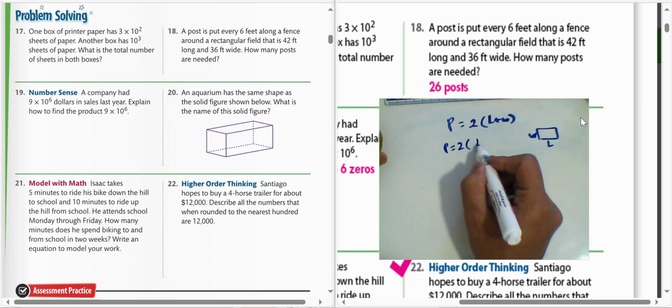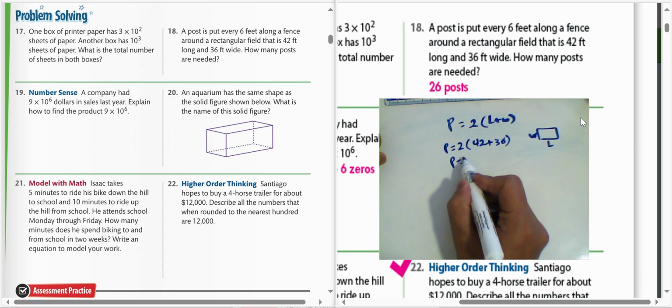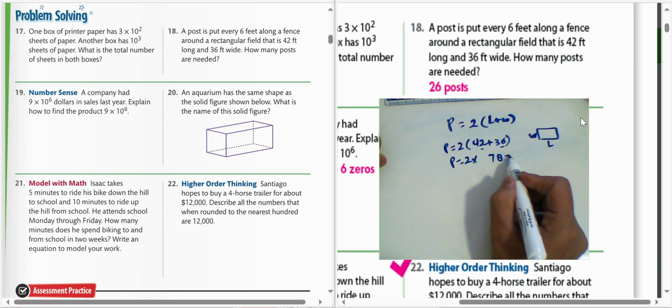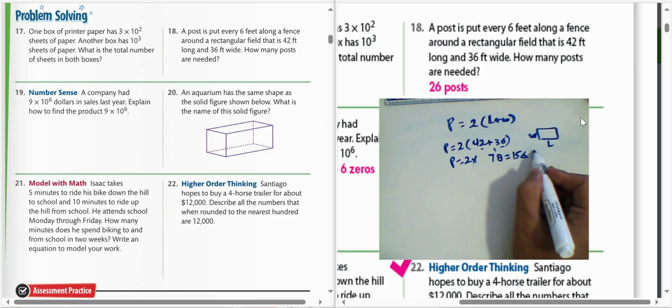We have 42 and also 36. Then the result will be 2 times 6 plus 2 is 8, and 3 plus 4 is 7. 2 times 8 is 16, and carry 1. 2 times 7 is 14, 14 plus 1 equals 15. Then the perimeter will be